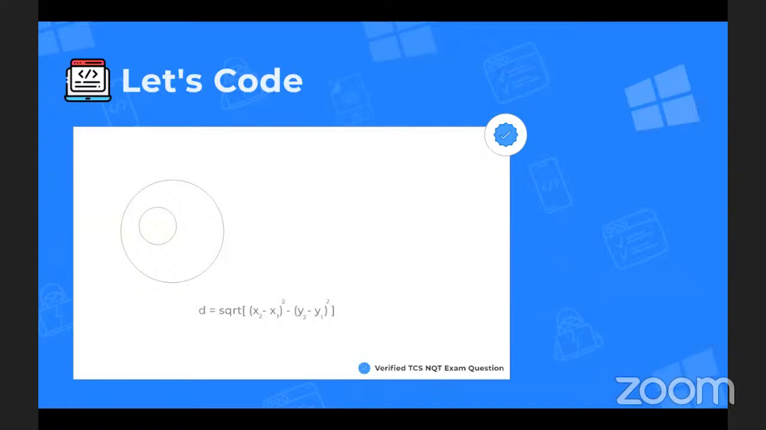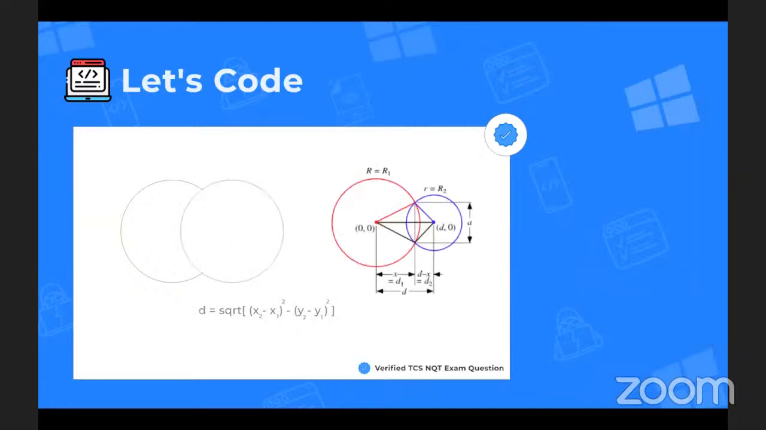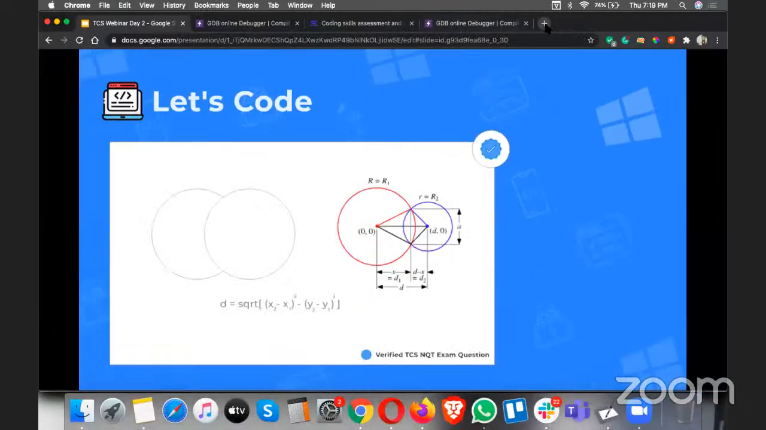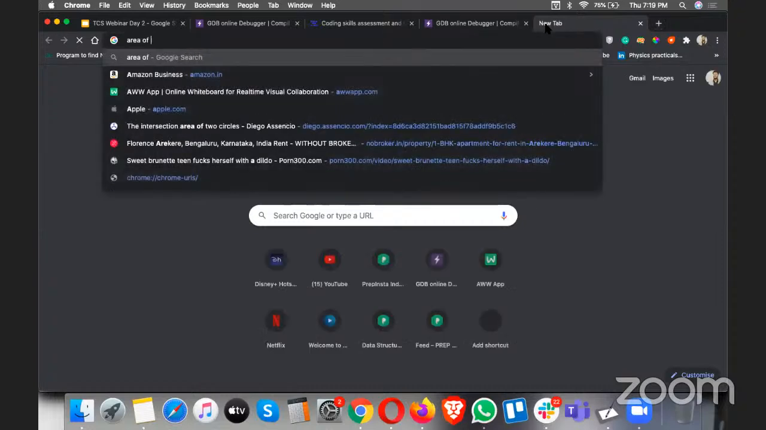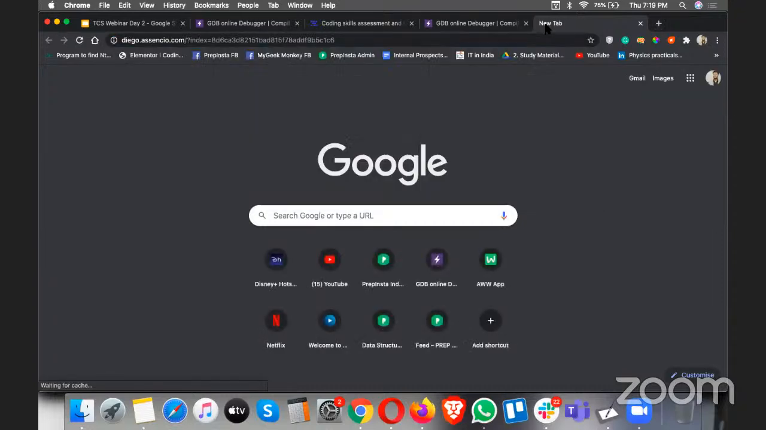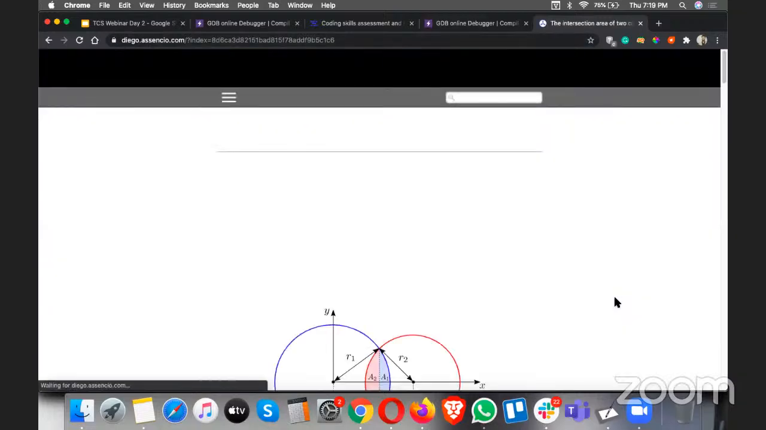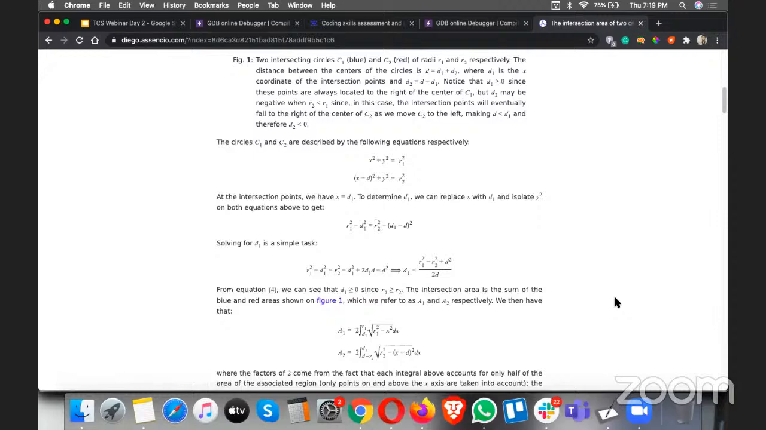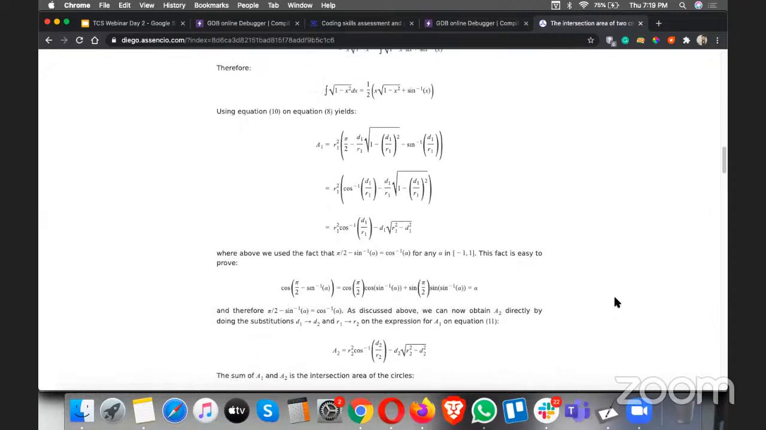Right. So next, now this is the most difficult part of the code, right? And there is a mathematical formula. So if I Google it, for example, area of intersection. I think when I was writing this code, I Googled it. So there are mathematical formulas. In fact, that image is also stolen, so credits to these people. So there is a mathematical formula of